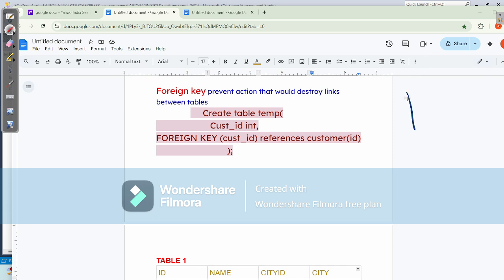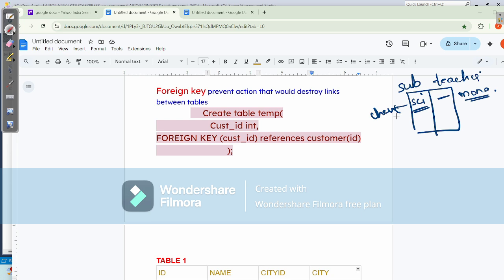Consider subject and teacher. The subject is science. One teacher explains these subjects, Mona teacher. In science they have chemistry and biology. If you don't want to create other subject names, this is chemistry, this is biology. Two subjects are there, so you have two teachers here, and you can create a foreign key: write teacher name, another teacher name. This sir also teaches science here.